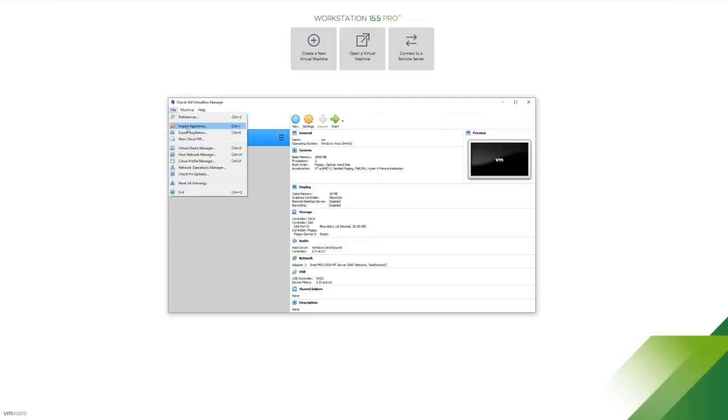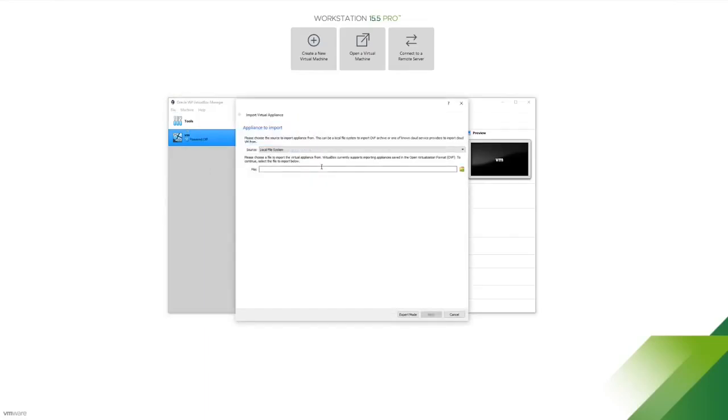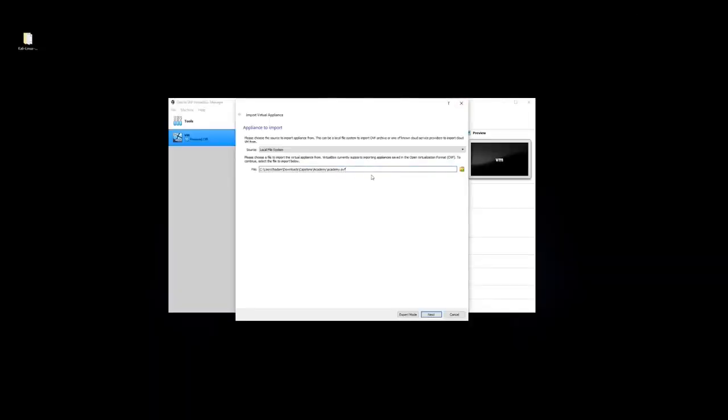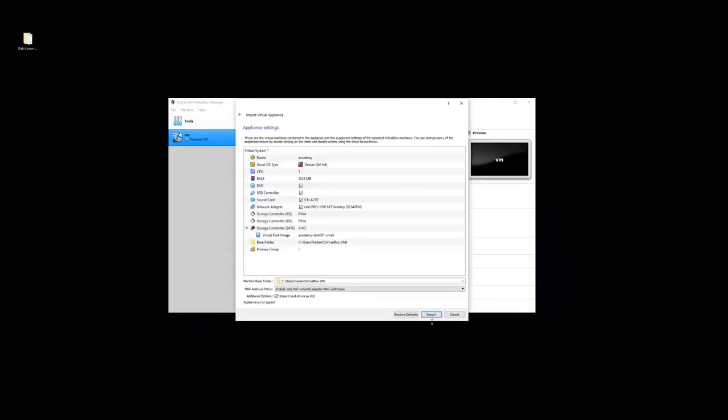Go ahead and hit Import Appliance, and then just go select your file. I've got it for copy paste purposes. It's a lot easier. And VMware thinks it can just take over. It's wrong. So in here, make sure you just have your OVF file that you downloaded, hit next, and then